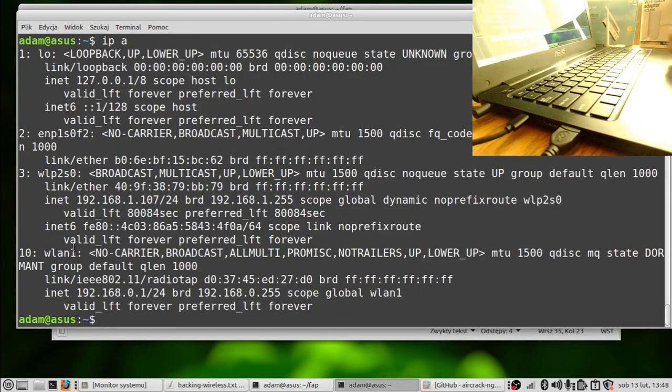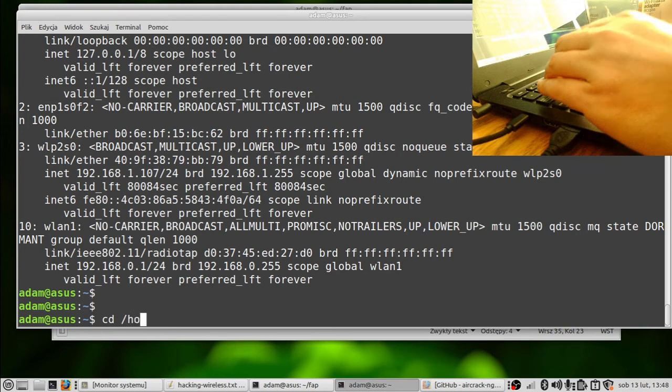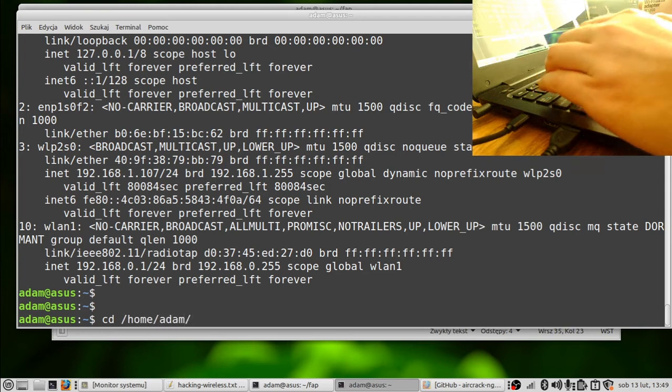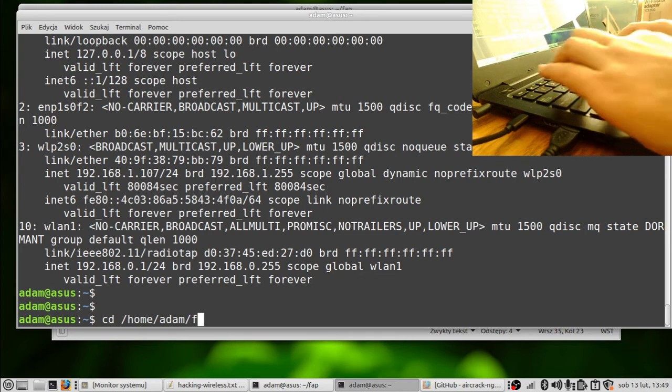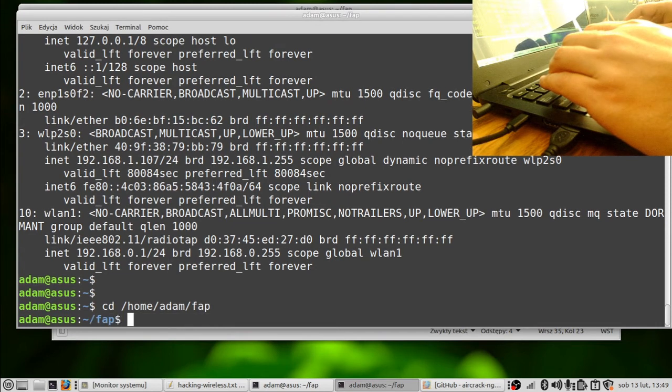Okay, let's configure this. Let's go to a directory, for example my home directory on the PC, where I have created a directory fap, so fake access point.